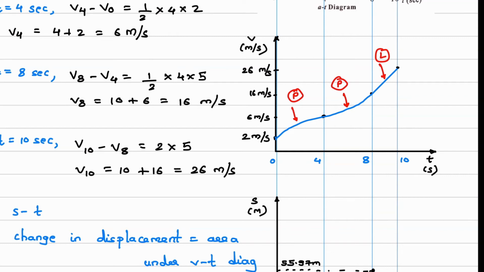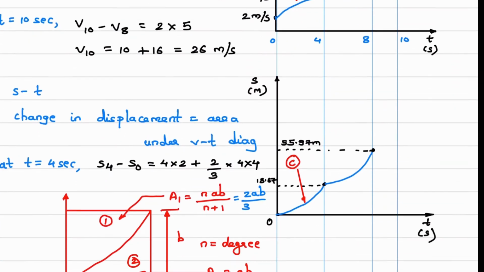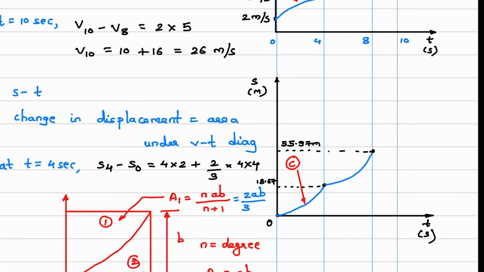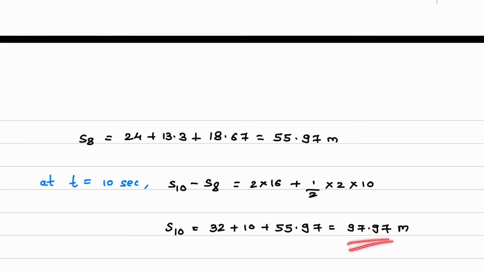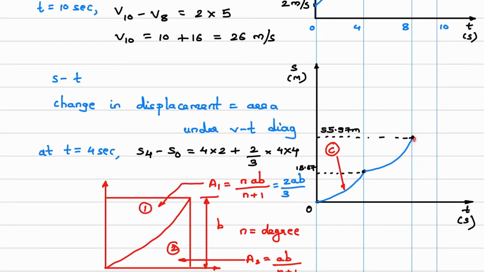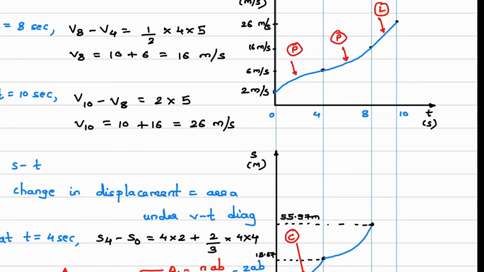Okay, so the first question is sorted out. Then what is the second question? From here it can go this side or this side. So what is the value of that? 97.97. So it will be above this one. Now this could be a parabolic curve, like this or like this. So what will be the nature of that parabola? It will be the first case. Okay, we'll see how.